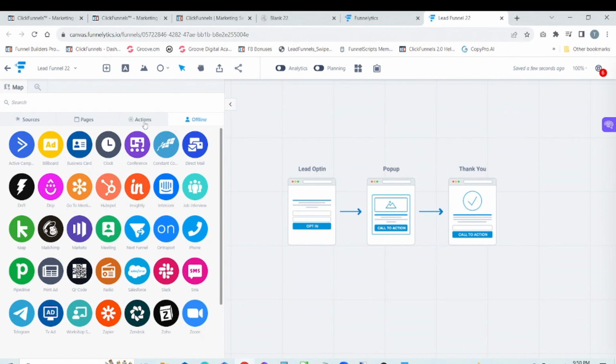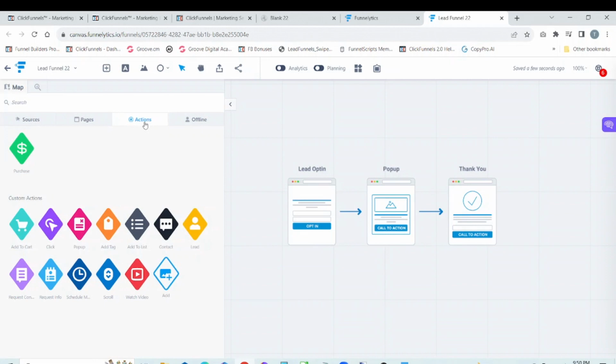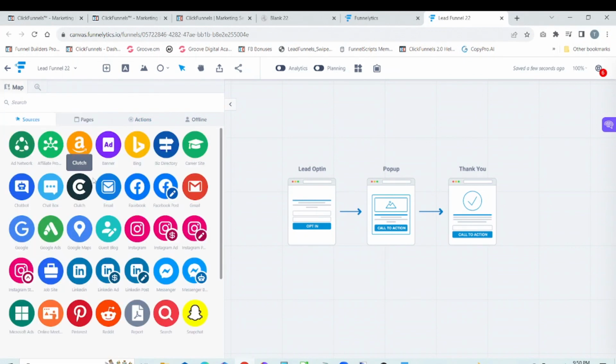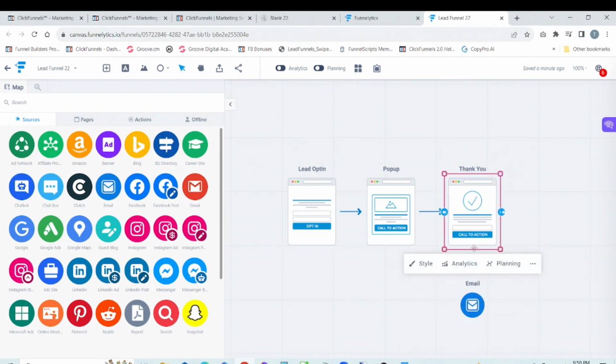So I'm looking for an email icon, and as you can tell, I'm having some difficulty with that. Here we go. It's under sources. So if we were going to send them, say, a thank you email, we could take this icon here, and then we could